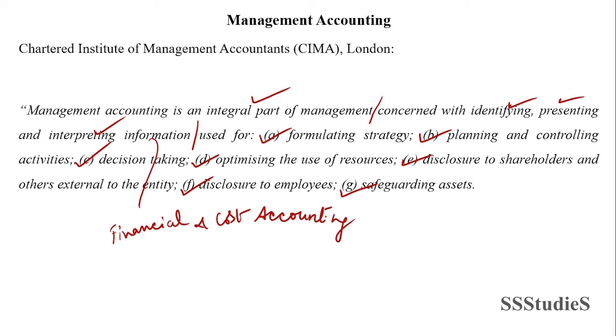Let me go ahead and give you all a glimpse of the different tools of management accounting so that you understand that all these tools are exclusively from a decision making perspective. Okay, it can either be for planning or for controlling, taking decisions, for optimizing the resources of the organization, for disclosure to shareholders or other external stakeholders, disclosure to employees if needed, and for safeguarding the assets. Anyways, let me tell you, we are not going to deal in detail with these tools. These tools that have been put up in the next slides are specifically used by organizations these days, and are the more popular ones.